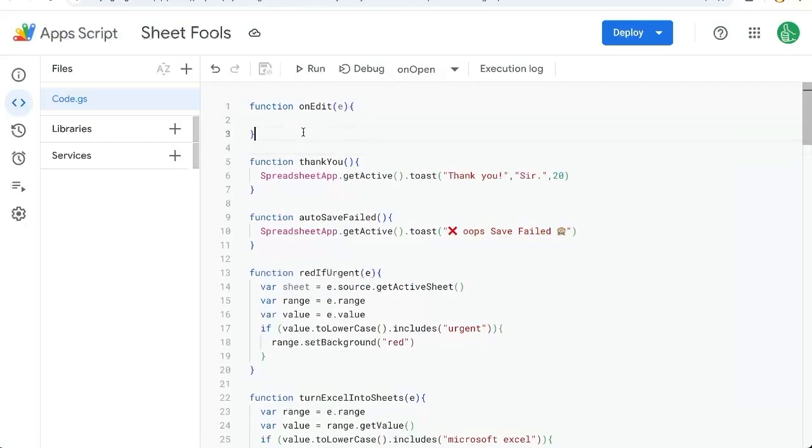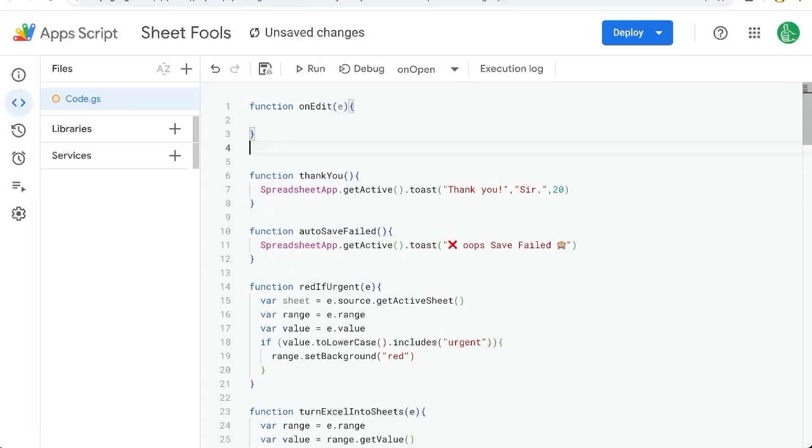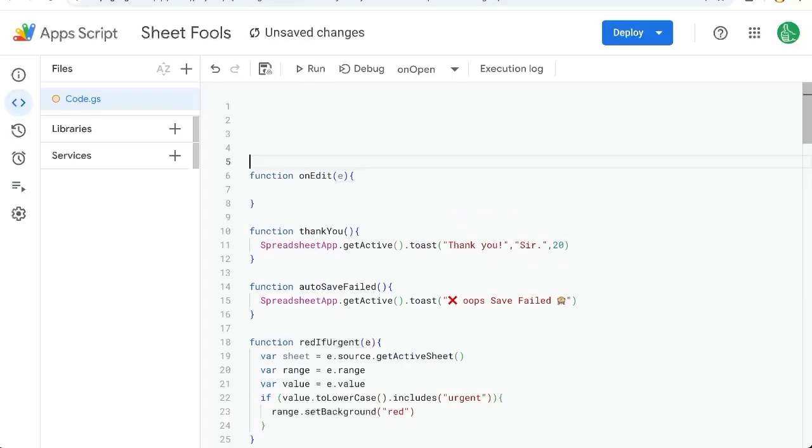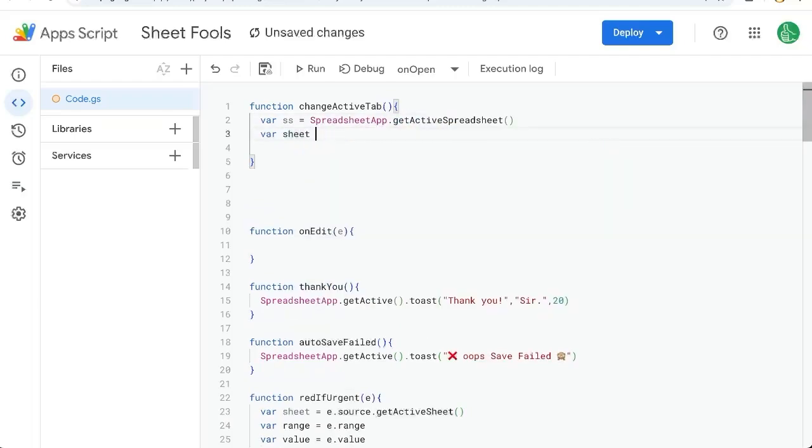Extensions, Apps Script. Over here, we already have all of our automations ready. We don't need onEdit right now, but we will come back to this later perhaps. So let's add a new function, changeActiveTab, and we need the curly brackets. We need a few things. var ss = SpreadsheetApp.getActiveSpreadsheet(). var sheets =